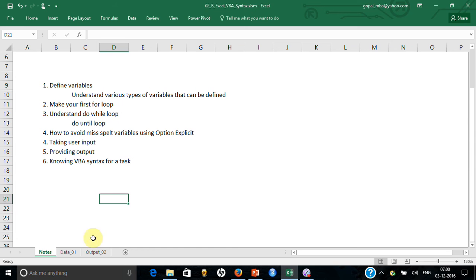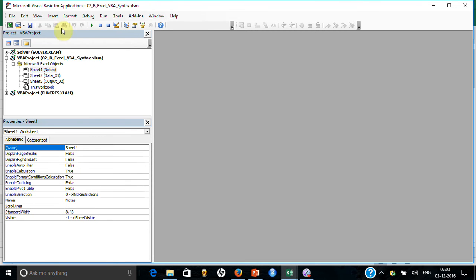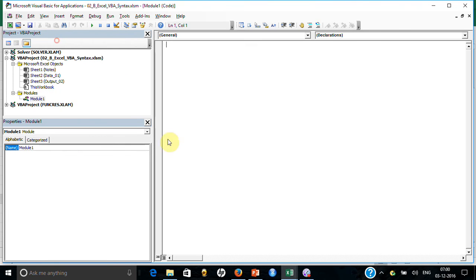This is a blank Excel, so I'll be doing everything from scratch so that you can see it one by one. First let's go to the integrated development environment, for which I'm pressing Alt F11 and I reach VBA. Let me say insert module. So I have reached here. Let me create a procedure and I'll call it first program. It's very much like the hello world kind of thing that you're going to do.